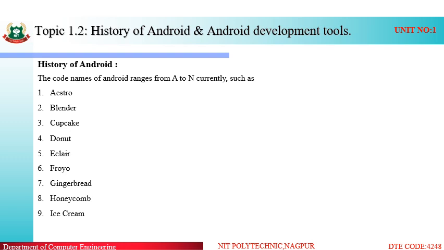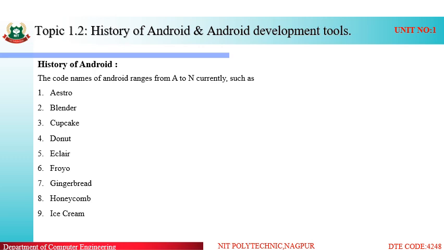So the first version of Android was called Astro. Second one is Blender. Third is Cupcake. Fourth is Donut. Fifth, Eclairs. Sixth, Froyo. Seventh is Gingerbread. Eighth, Honeycomb.